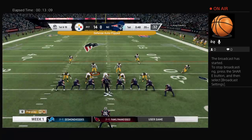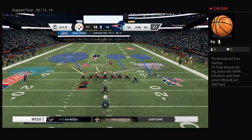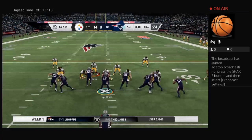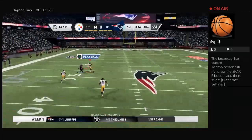Out comes the New England offense to see what they can do this time. Already down 2 touchdowns here in the first half. This becomes a pretty important drive, doesn't it? It certainly does, and a lot of teams script plays. We know that, right? They have a script to start the ball game, and typically those scripts...